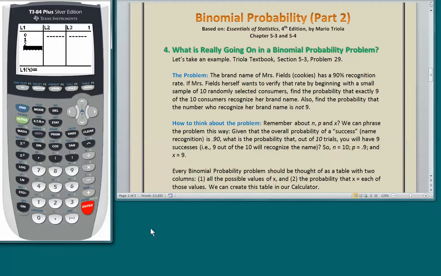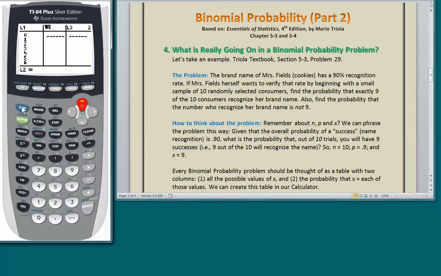So I'm going to pause this right now while I enter all those numbers. So you can see now in list 1 I have all of the possible values of x. In other words, out of 10 people, all of the possible numbers of those 10 who might have heard of Mrs. Fields. And now we are going to find the probabilities for each of those numbers, and we're going to do it all in one step. And the way we're going to do it is I'm going to put the cursor on the L2, and I'm going to enter a binomial function into the